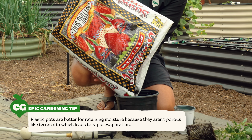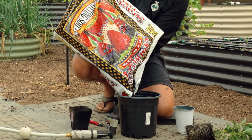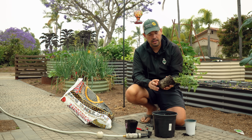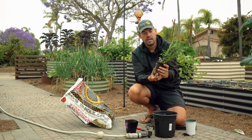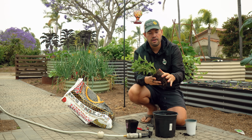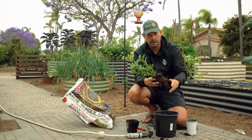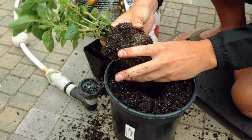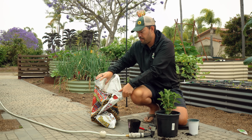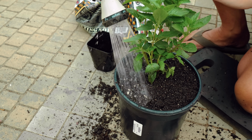So I'm just gonna go in with a very standard potting mix here, and then you gotta analyze your mint. This one's actually in a pretty good spot. A lot of the times you'll see mint roots just in the shape of the pot because they spread so vigorously, but you can be very, very rough with mint as you're potting it up. So I'm just gonna loosen this up, pop it down in, right in the center here, and then I'll backfill with more soil. So now I'm in, and I wanna hit it with a little bit of water,